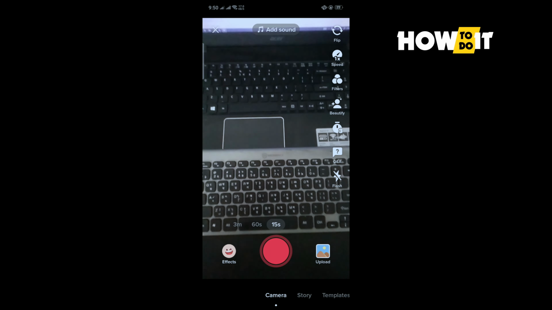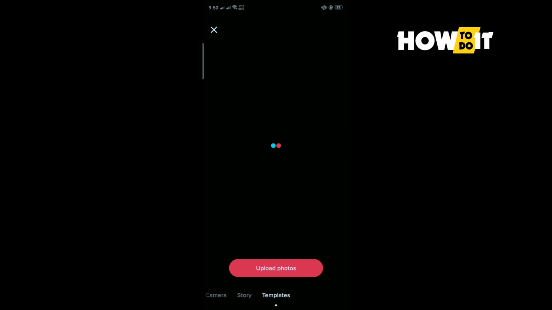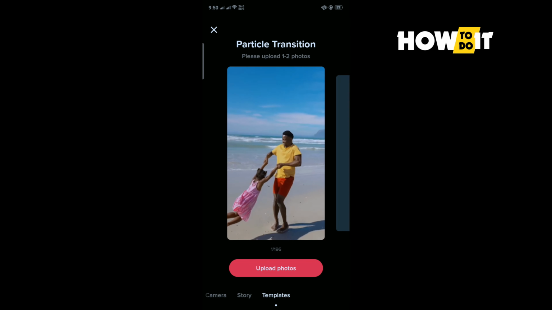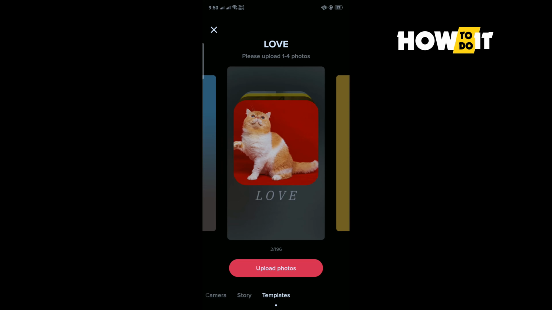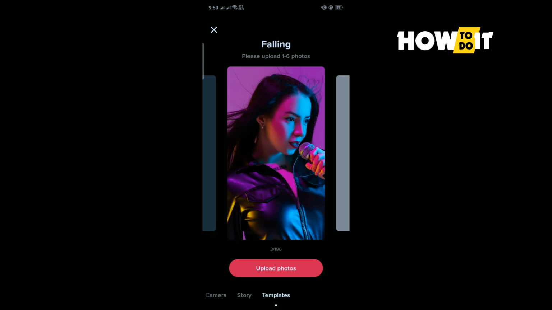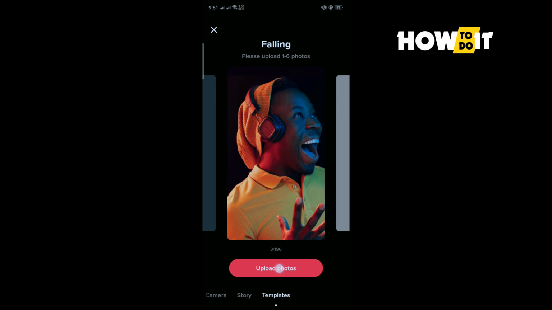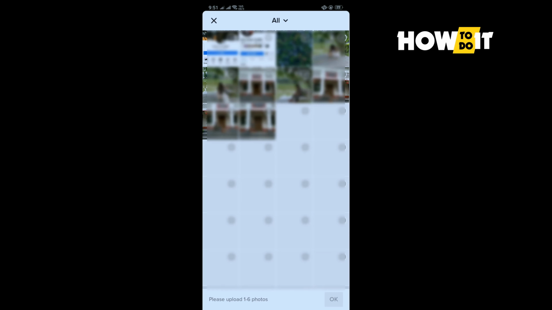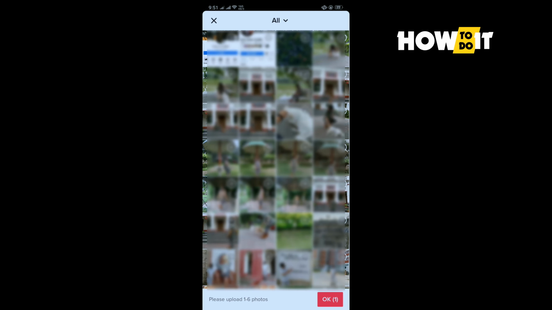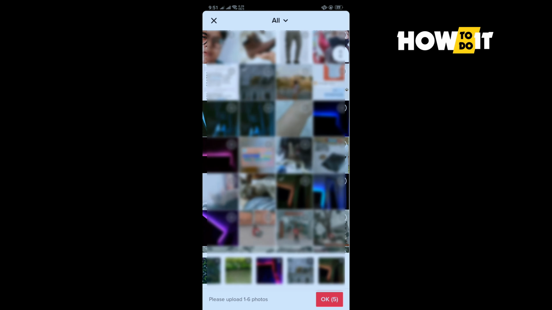Tap on templates and from here you can select any template to make photo slideshows. So I'm gonna select this one, upload photos, and I'm selecting photos from my gallery, tapping on OK, and here